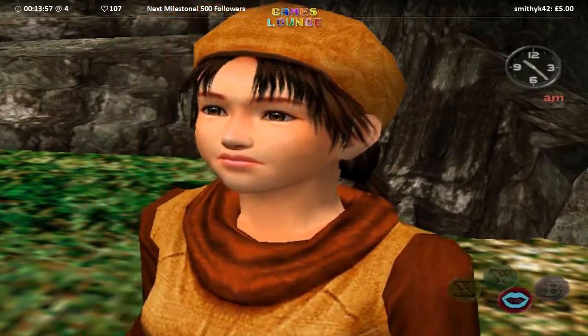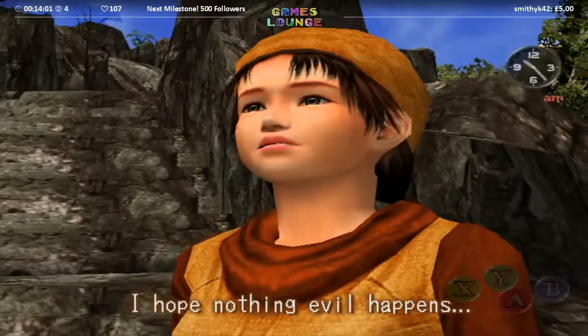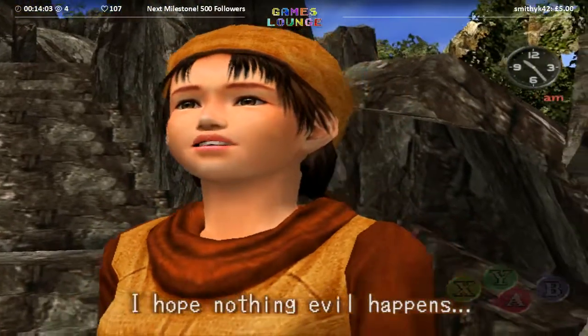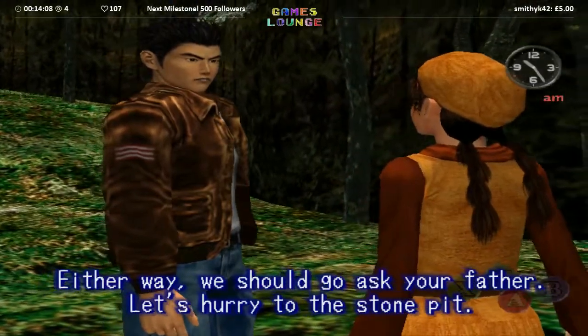そんな言い伝えが。 怖い。 シェンファ 何か Shenhua. 悪いことが起きなければいいけど。 とにかくシェンファーのお父さんに話を聞くしかないな。石切り場へ急ごう。